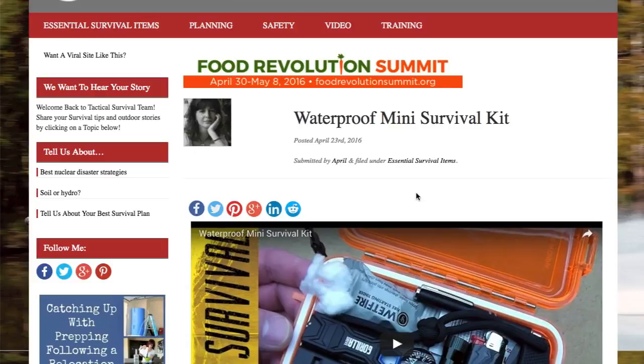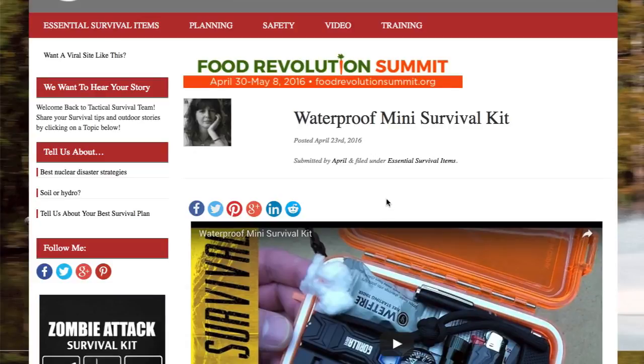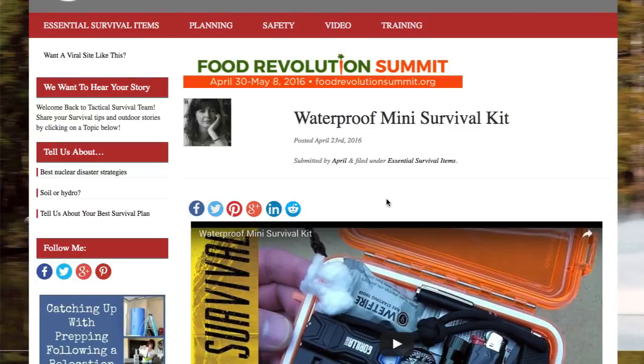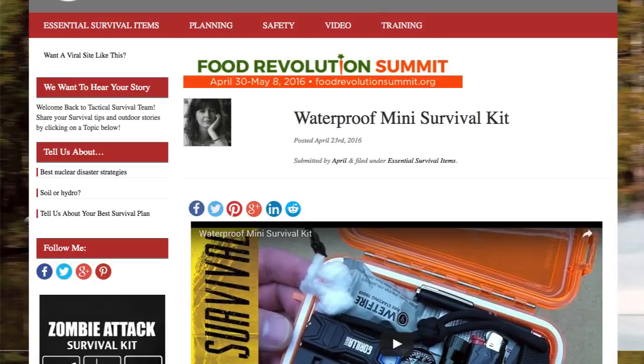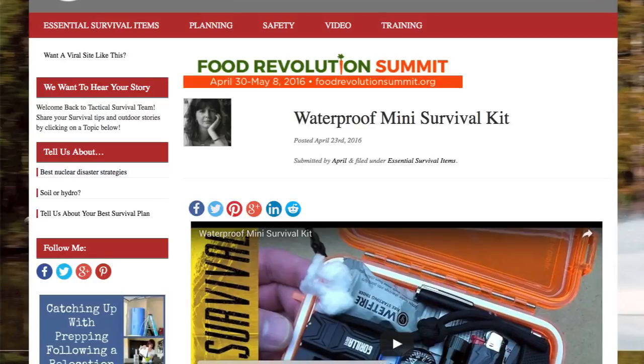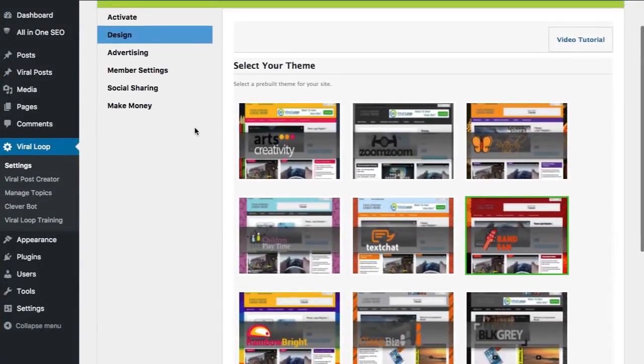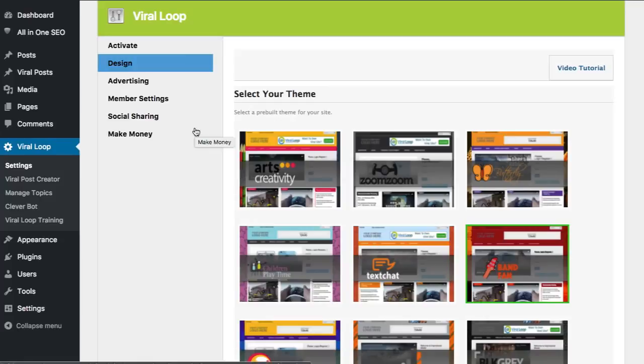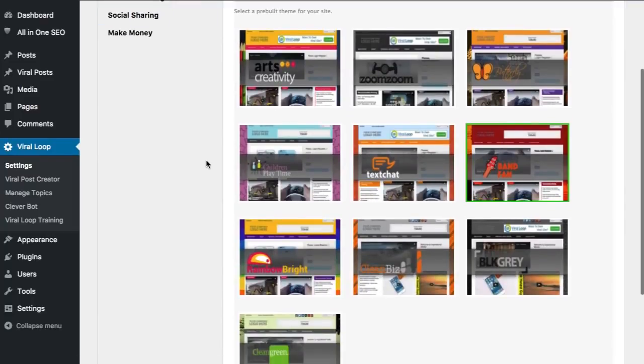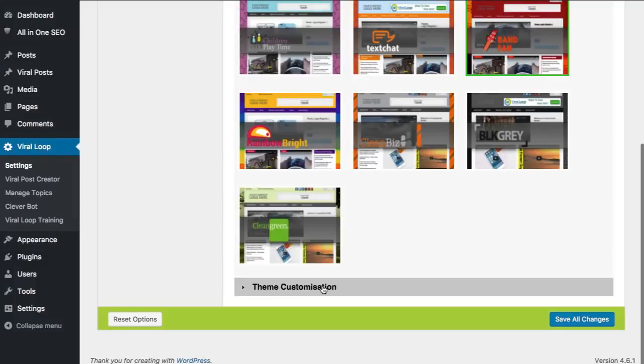So what we can do now is, before we get into how you create one of these, I want to actually show you just how simple it is to get your first site set up and ready to go. Okay, what I'm going to do is just hop over here to a fresh install that I have right here. Okay, so we're looking at pretty much one of the first things you're going to want to do when you install the theme. Okay, so you'll see we have 10 different pre-built designs here for you already,